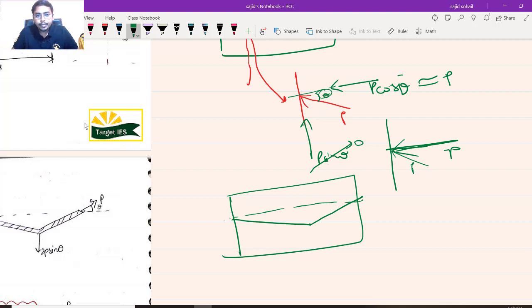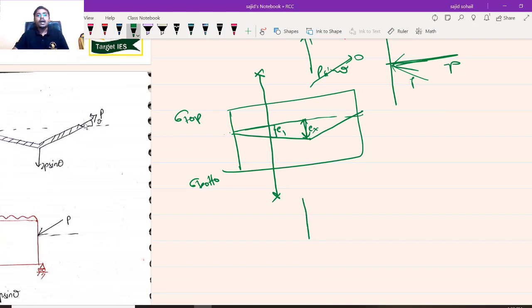For example, if you want to find stress at this section XX, you want to find sigma top and sigma bottom, what will be the stress? Very simple. You know this eccentricity Ex. Just using the similar triangles concept, find what is the eccentricity at this point. Now it is similar to whatever pre-stressing force acting at this eccentricity. That's it. Do it and the answer will come.